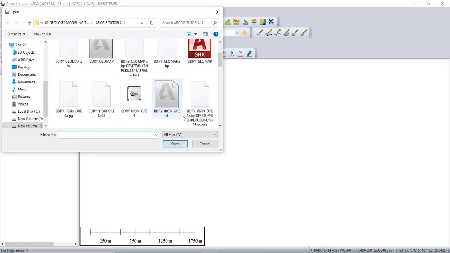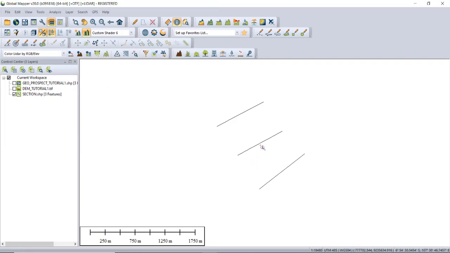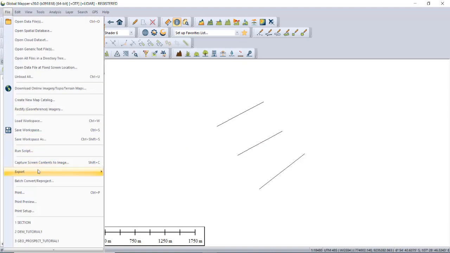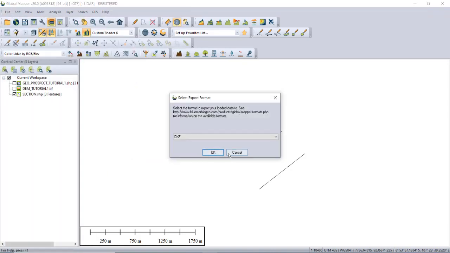Open the section. Okay, we have 3 sections: A, B, C section. Export to the XF.